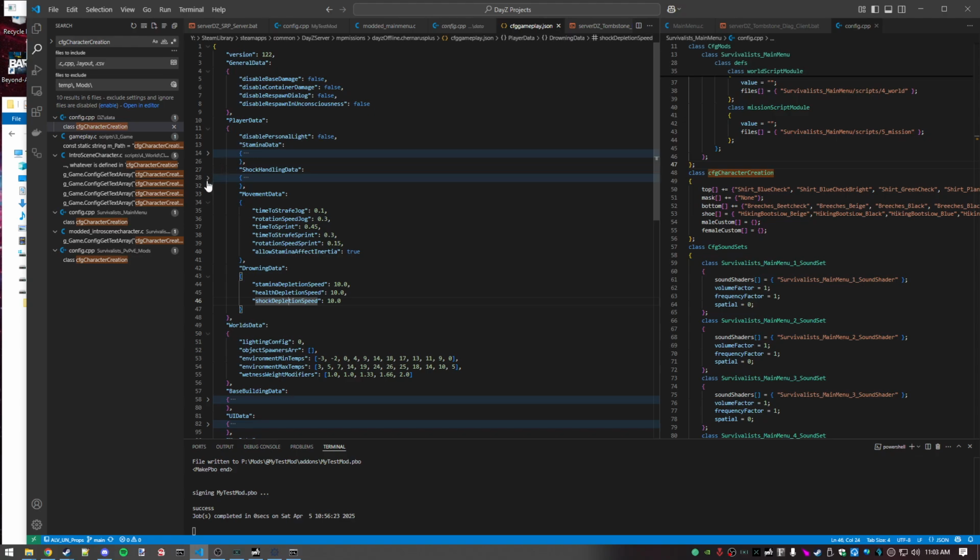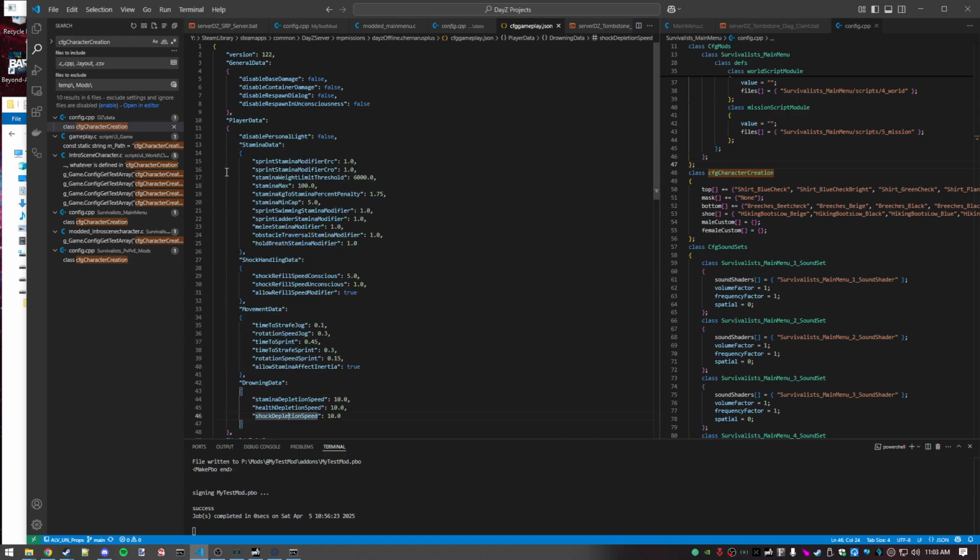No, just stamina. Oh yeah, with the latest DayZ update, I don't want to say it broke the unlimited stamina mod, because that mod was already broken long before DayZ updated to make it so that it didn't work. So the unlimited stamina mod is broken, but that's not a bad thing because that stuff is already built into the game here. So if you wanted to make unlimited stamina, you would basically change